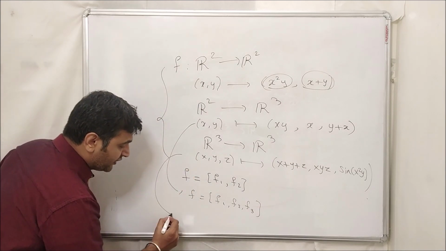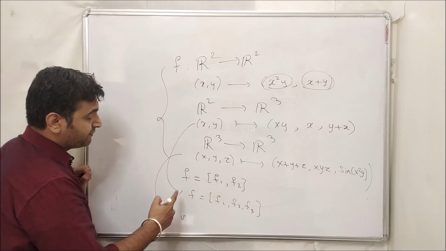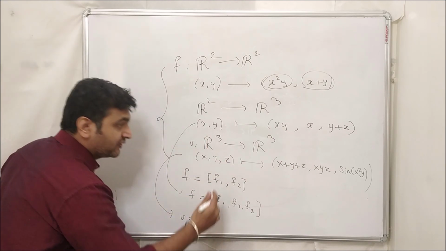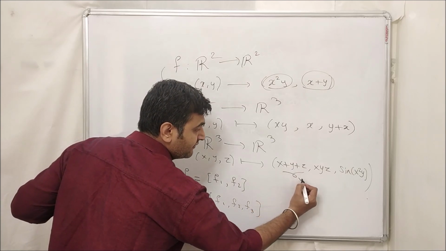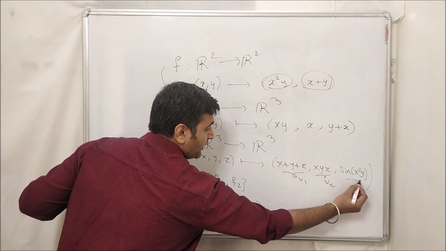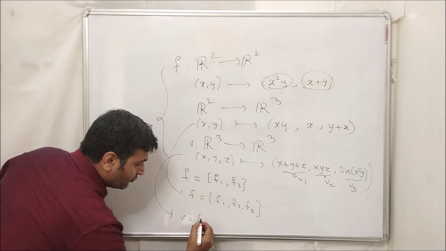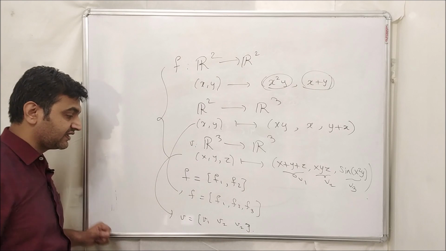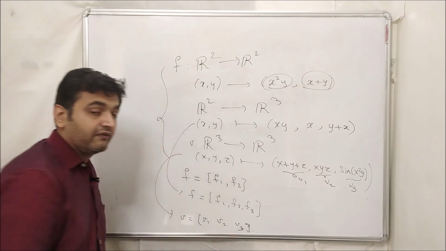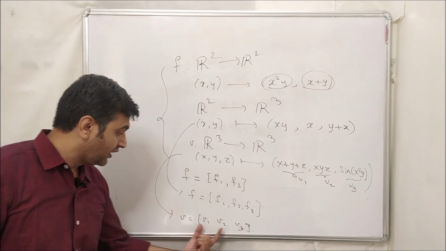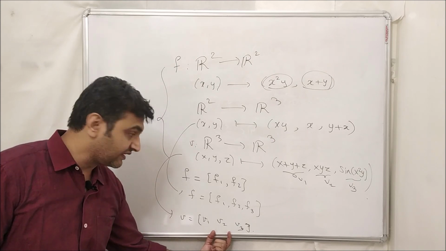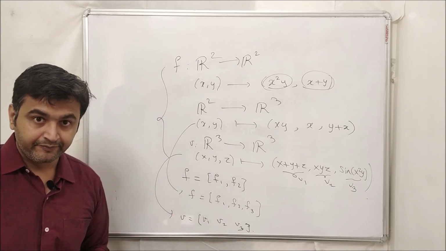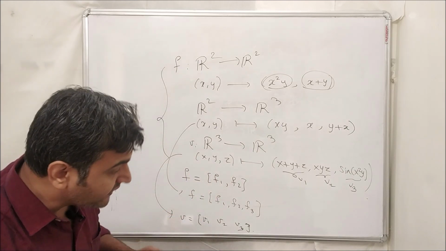Sometimes instead of f they also use the notation v. So for example, v is a function from R3 to R3. Since the output is in three dimensional space, this will be my v1, this will be your v2, and this will be your v3. So therefore your v is nothing but v1, v2, v3. So this is another way of writing a vector function notation. This means your output is a three-dimensional vector, a three-dimensional vector, a two-dimensional vector. Okay, so that was about vector valued function.